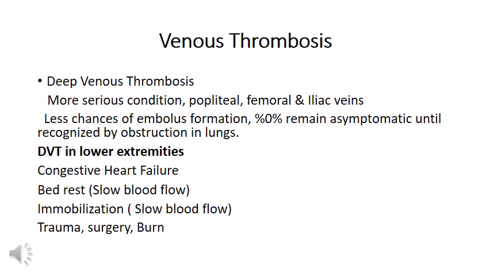Another important condition is deep venous thrombosis. You can conclude from the name that it is thrombus in the deep veins. It is the most common condition in people who have more hypercoagulable states, which have mutations in their genes. So in those patients with mutated genes or hypercoagulation, deep venous thrombosis is a very common phenomenon